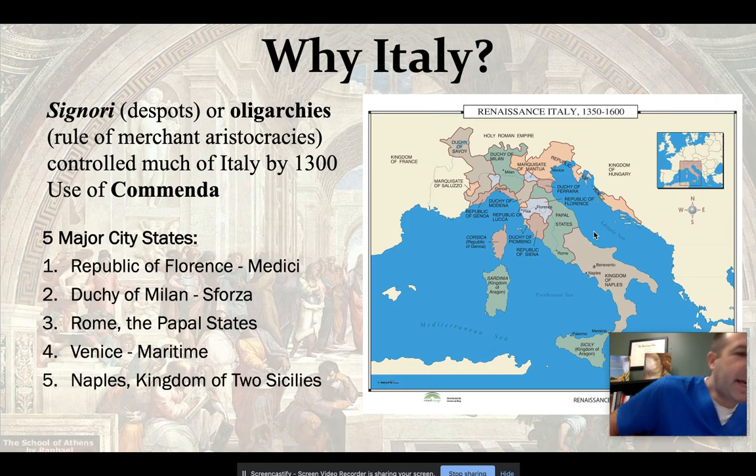And we start seeing what are known as signores, despots, and oligarchies. They begin to control much of Italy. Remember, Italy was not very unified. It was very much of a city-state mentality, again, a la going back to the early Roman Empire and the Greek Empire. City-states. And so during the early Renaissance, we start seeing the development of international trade